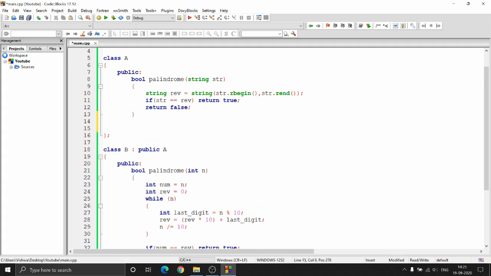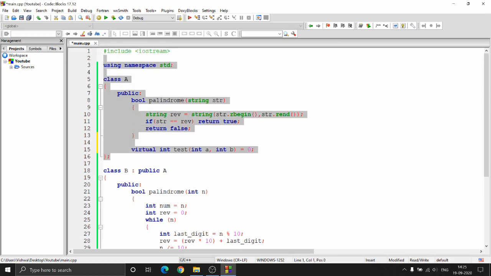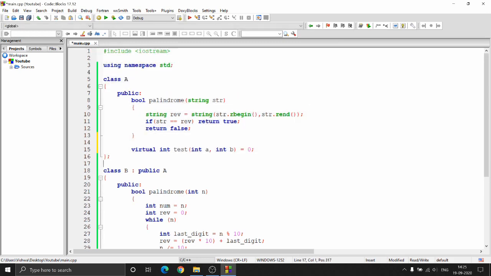What you do is you just write the function definition. So let's say int test. It can be anything, right? So int a and b for now. And to make this pure virtual and to make this whole class an abstract class, I'll just do virtual int test equal to 0. This statement, with these two extra pieces, will make this function a pure virtual function and the whole class an abstract class. Now what is the result of this?